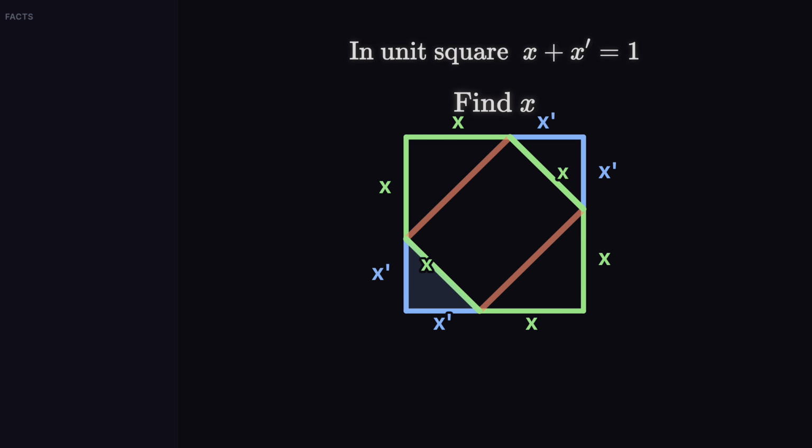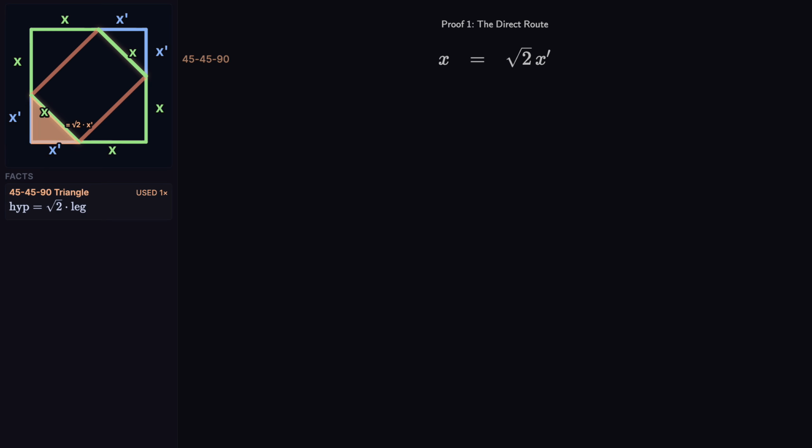We will use two different methods, each starting from the same corner triangle, but extracting a different equation. Both arrive at the same answer. Let's see how. Proof 1 takes the most direct route. Look at the small corner triangle at vertex A. It has two equal legs, each of length x prime, and its hypotenuse is the short side of the rectangle,